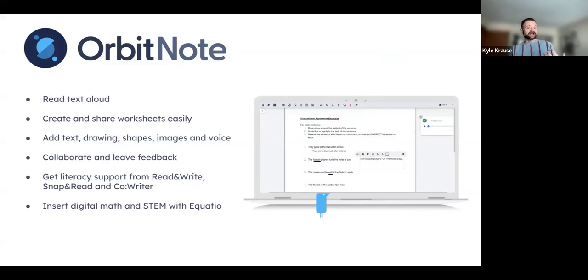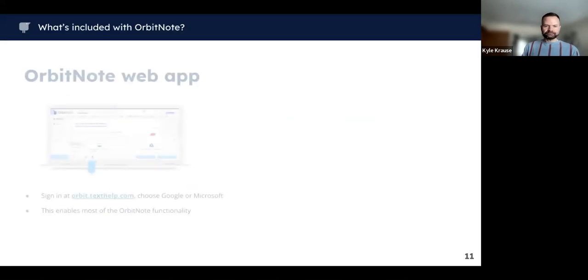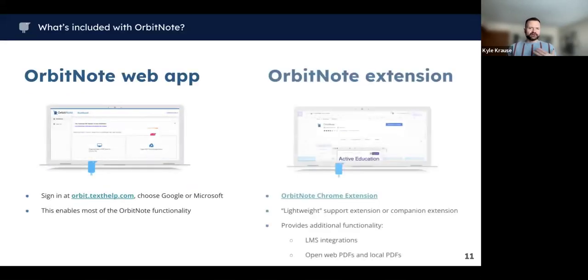So again, being able to insert and do things with math, now with OrbitNote Premium, is possible with the power of Equatio. So let's talk a little bit about OrbitNote. You've got really two sides of it. You've got the web app, which is really just the website, which you can go to